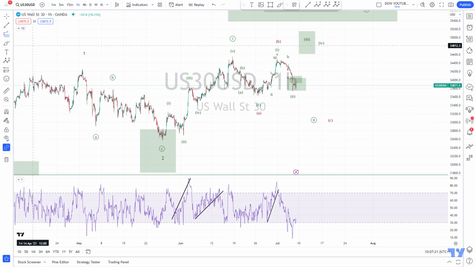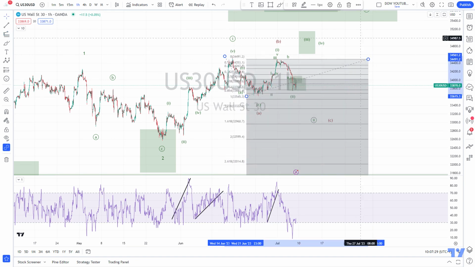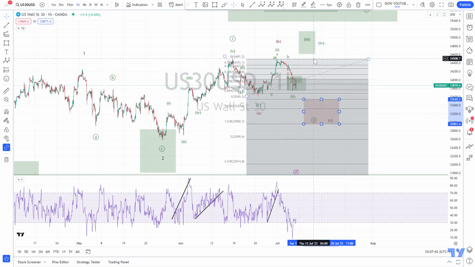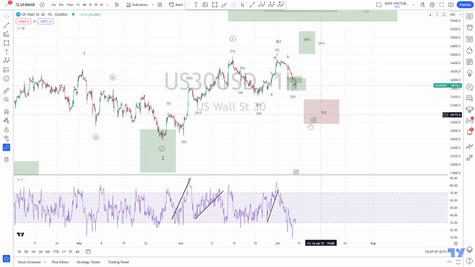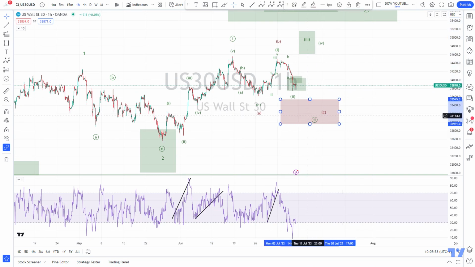And then what we are looking for is this here to go long. So we take the length of wave A, we take the length of wave B, and then the area between the 1 and the 1.618 Fib extension is the area. Let me put it in red. It is the area from where we should go up again. So then here our wave 2 is finished. Wave 1, A, B, C, wave 2, and from here we can go long again. So this is what I am looking for today.